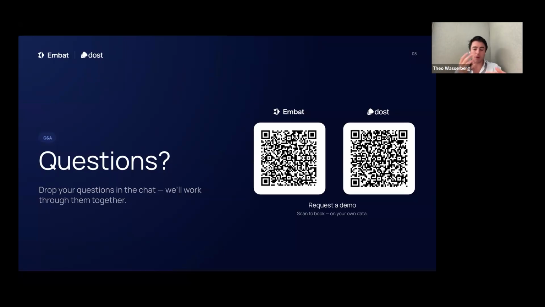I'd encourage whoever wrote that in to use the QR code on screen, and someone on the team will show you. We use this multi-entity architecture so that you can jump in and out of the entities, and there is a benefit to that, which allows you to really roll up and down the data. If anyone's had to consolidate cash flow forecasts from multiple entities before, it's a pretty painful process, and that's something we do quite naturally in the system.